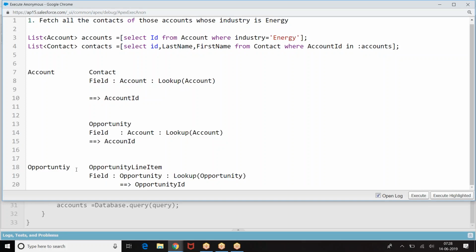If the relation between two objects is created by Salesforce, we refer to that field by adding Id after the field name. If the field name is Account, we add it as AccountId. Are you clear? Now, if it is created by the user, suppose I have a field like this.